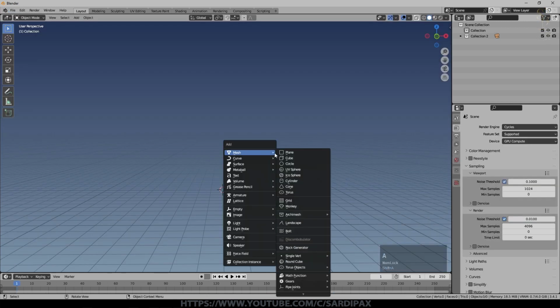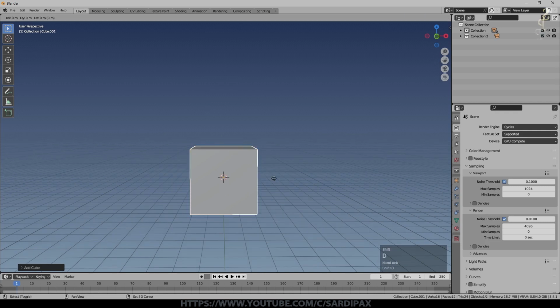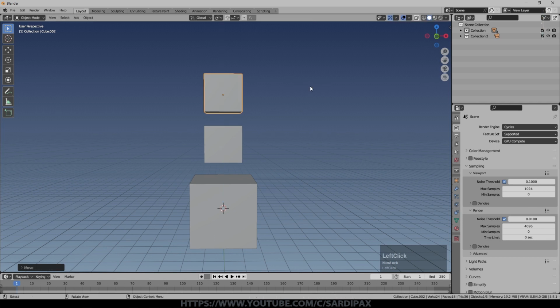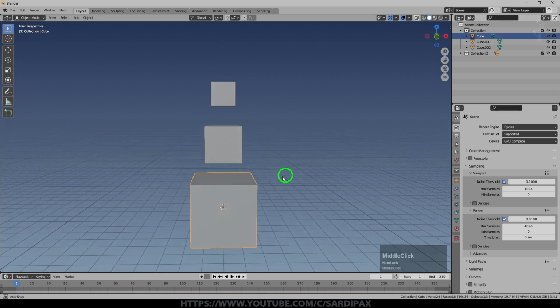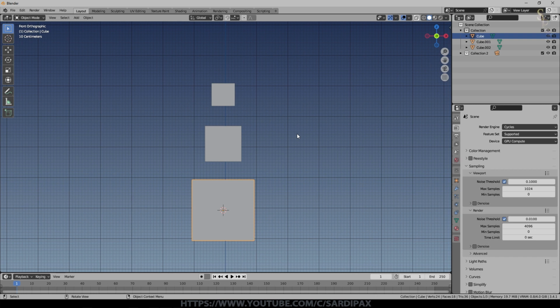So I'm going to add some shapes now. I'm going to add a cube and then another cube above that. We'll make that slightly smaller, and then another cube above that, which will make slightly smaller again. If we look over here, we've got cube, cube 01 and cube 02. But the big cube is obviously the one on the bottom. What if I want these shapes associated with each other such that they are able to be moved together as an object? Now obviously we could group them or join them or just select them together and we can move them and we could keyframe them. But sometimes we want Blender to also understand that there might be some interaction in how they work together. And I'll explain what I mean by that in a moment.